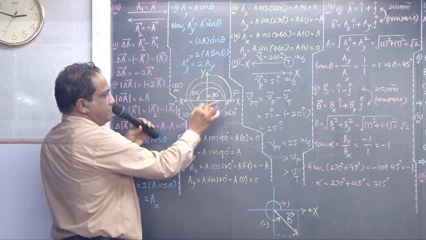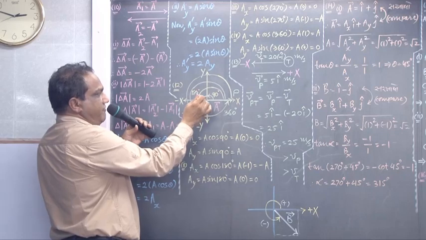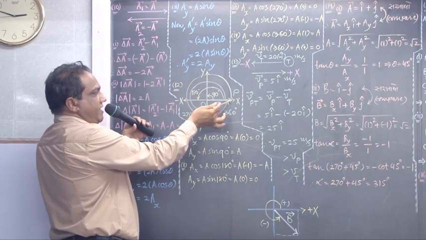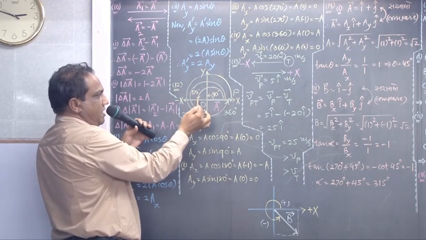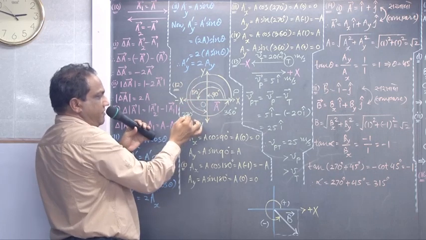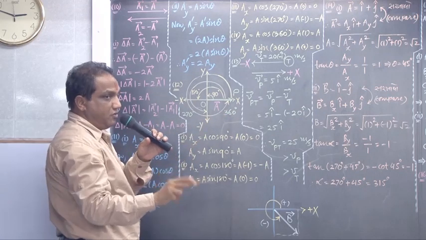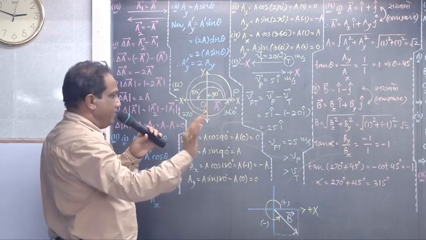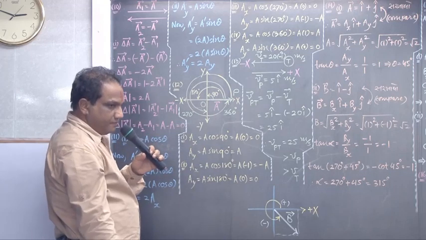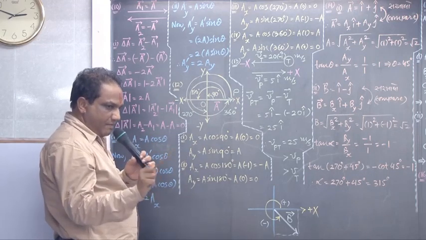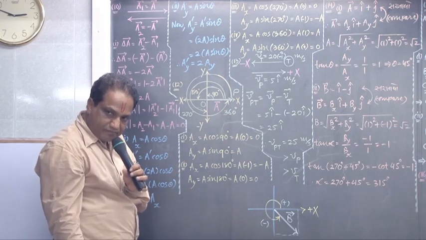We have one vector, say vector OP, which is vector A, whose tail is kept fixed at the origin, and the vector is rotated anti-clockwise, first through 90 degrees, then through 180 degrees, then through 270 degrees, and then through 360 degrees. Each time we are asked to find its x and y components. Very simple. What is the formula of Ax? Everybody: A cos theta. What is theta? The angle made by the given vector with the positive x-axis.